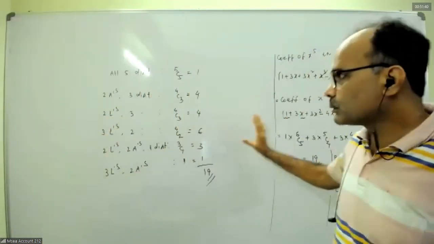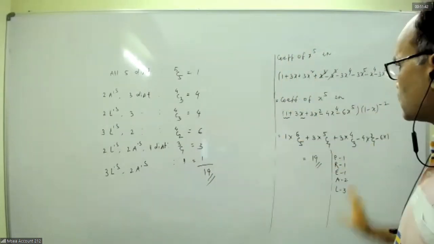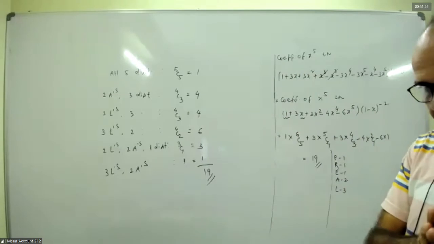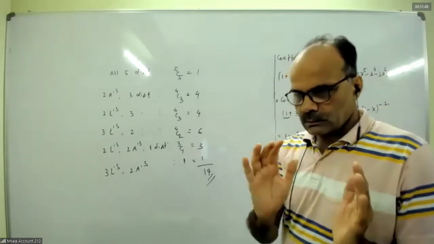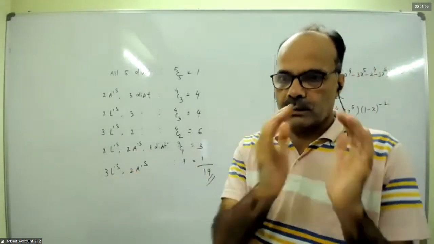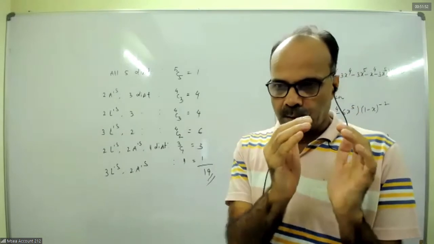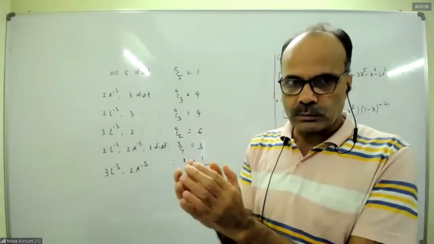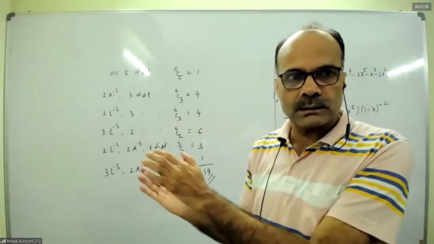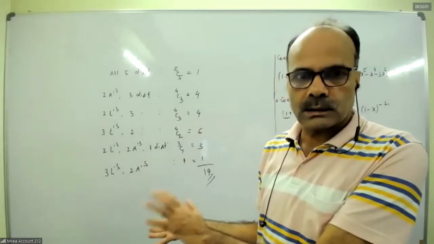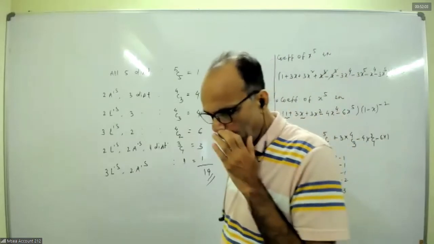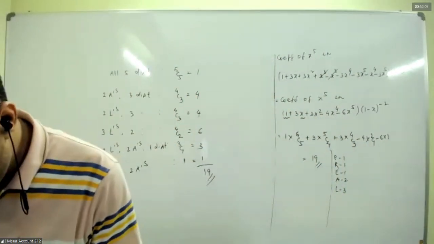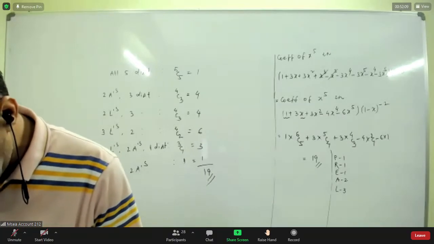Just to visualize where we can apply this series method. When some of the objects are identical of one kind, means like x1 plus x2 plus x3 is 10, x1 of the number of objects selected which are identical of one kind, x2 identical of other kind, x3 identical of third kind, like that. Okay. Yes, sir.